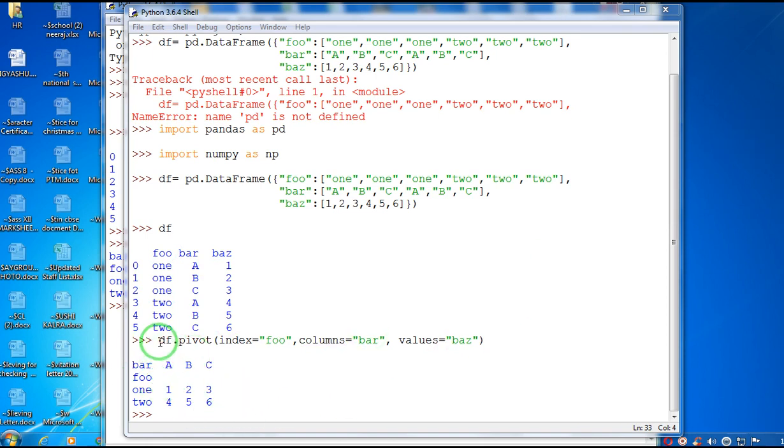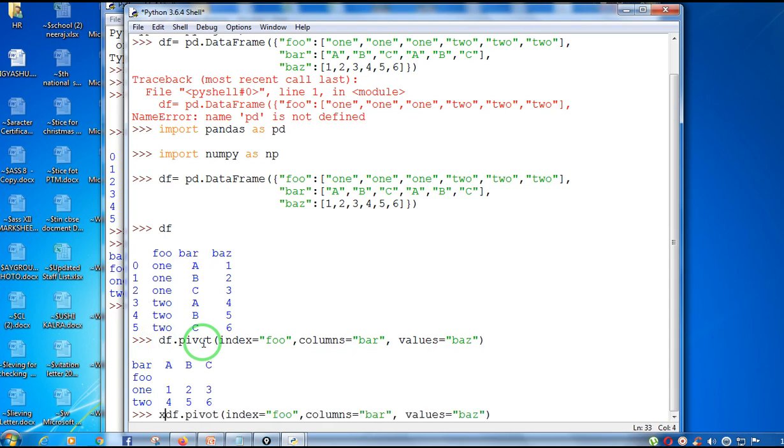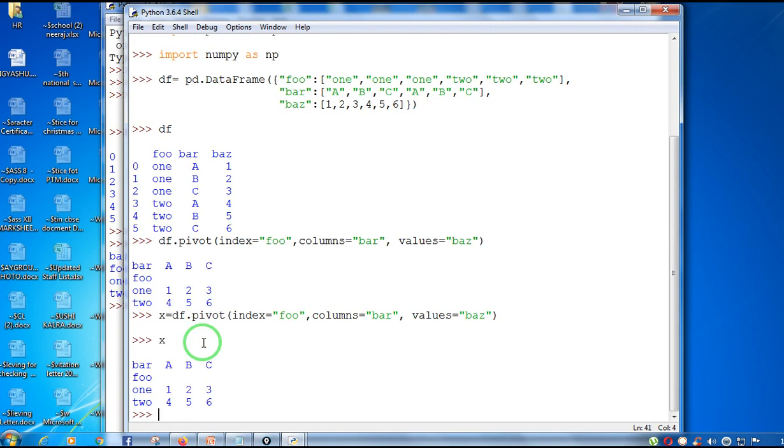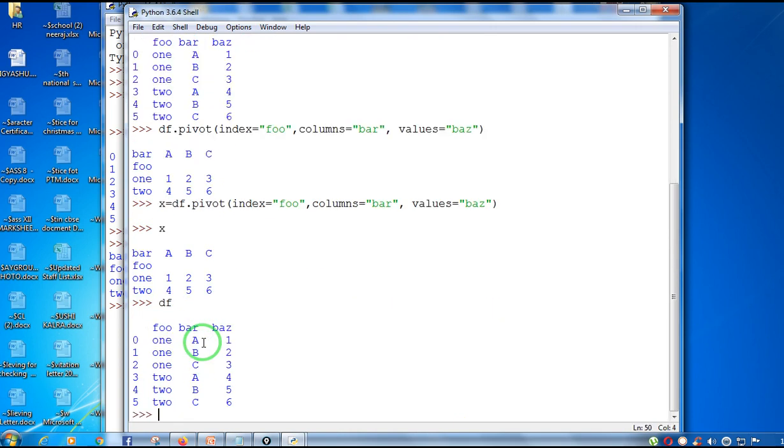You can also store this in a new data frame. You can give it a name, x equal to, so whatever output is there will be stored in x. If you give the command df, the original data frame will come, and in x only the rearranged data or values will be displayed.